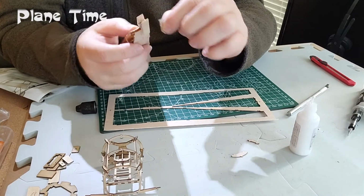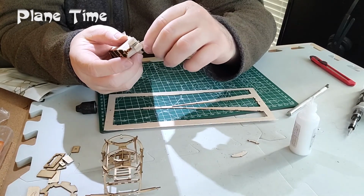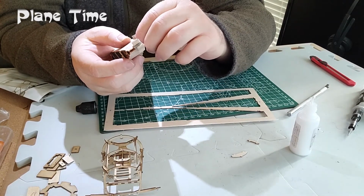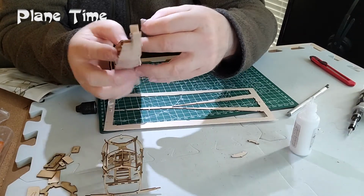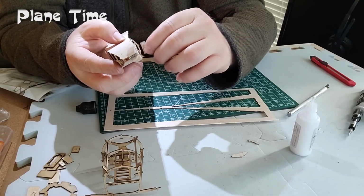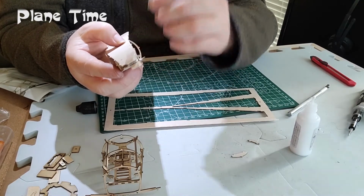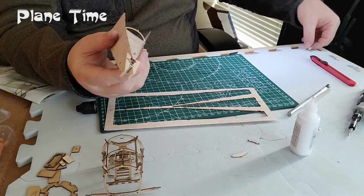I kind of think that it just helps to have an easier sandable glue. I mean, it's not that you can't sand the super glue, but it's actually, super glue comes out quite hard when it's dried, which can be very, very useful in some cases, but it's not necessarily what you want. So